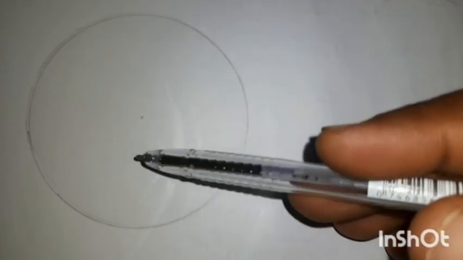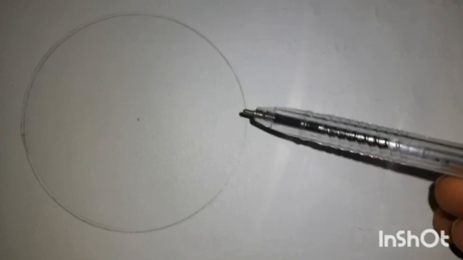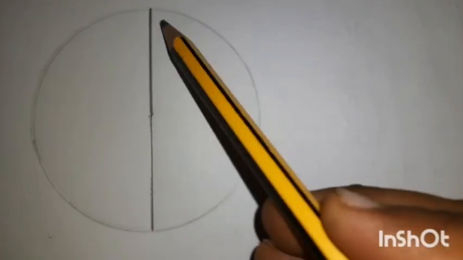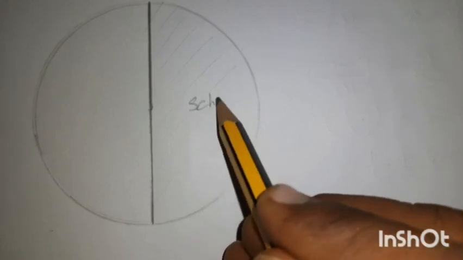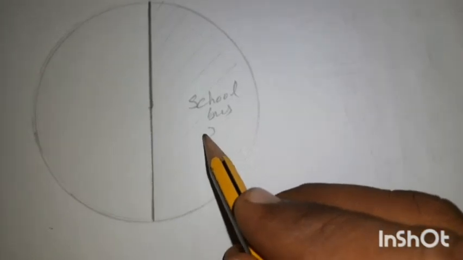First you have to draw a circle. Any radius you can take. And half portion of this circle denotes the students who come by school bus. Half part of total students. So total 40 students we are drawing inside the circle. Okay, out of that half part is for school bus children. So half part is for school bus children, and you can shade this portion. Okay, half portion is for school bus. How many students are coming? 20 students.